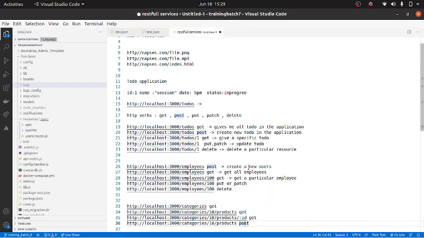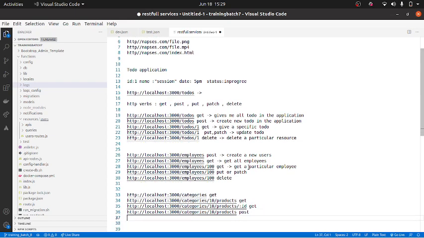Now, if you look at it, all our resources are usually nouns. Actually, it is always a noun, but usually plural. It is products because it's a collection of products. It is categories, a collection of categories. I don't put category over here, right? 95% of the time, most of the time it will be plural.